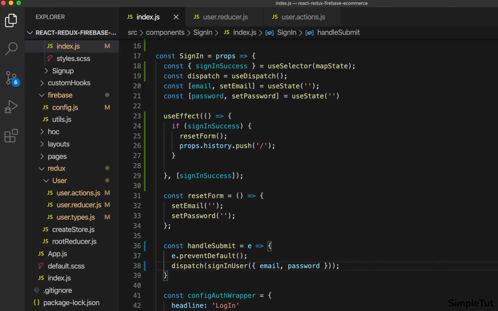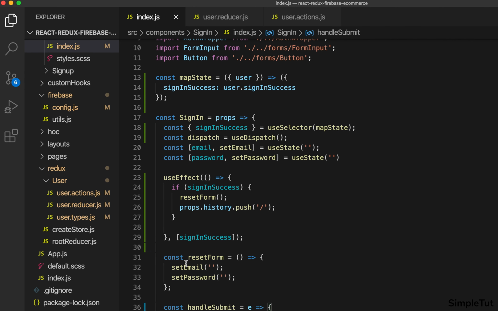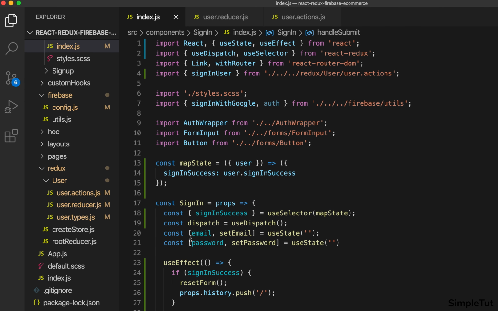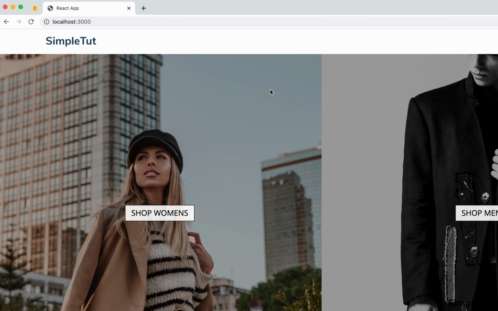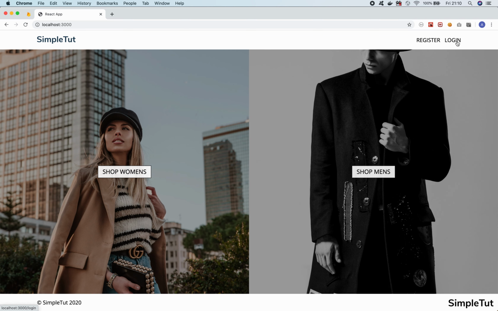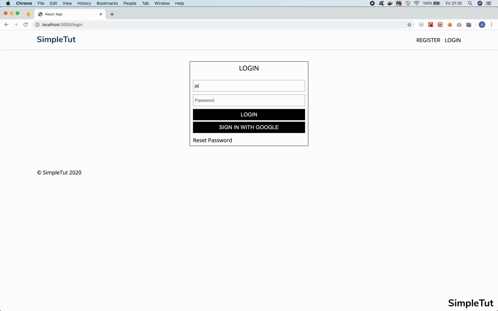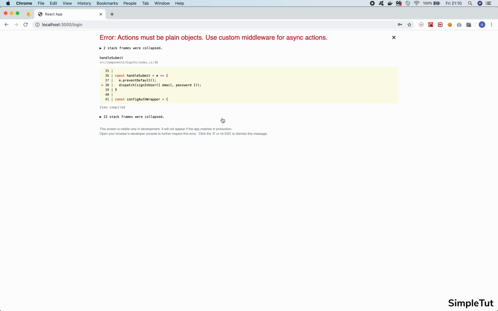And now I want to come over to the browser, and I'm going to show you something. And also, by the way, we're not using this auth middleware here anymore, so we don't need to import that anymore. Now let's come back over to the browser, and let's just reload, and let's come over to login, and let's try and log in with that test account again. So joeblogs@outlook.com, enter my password,